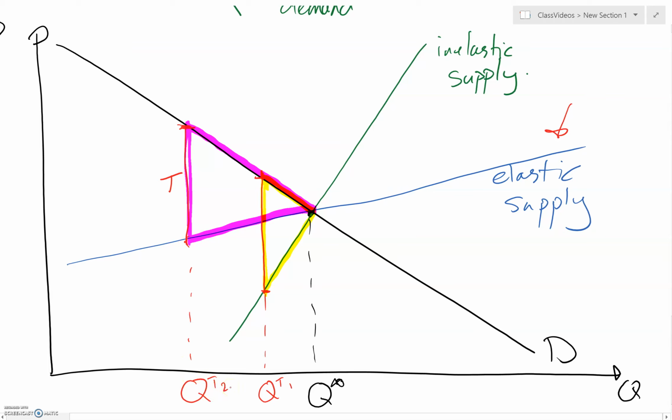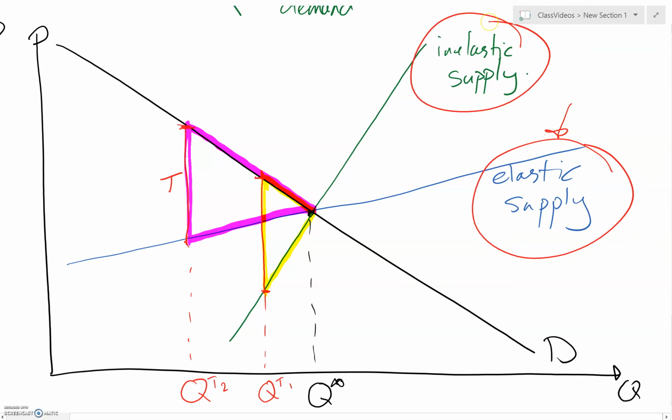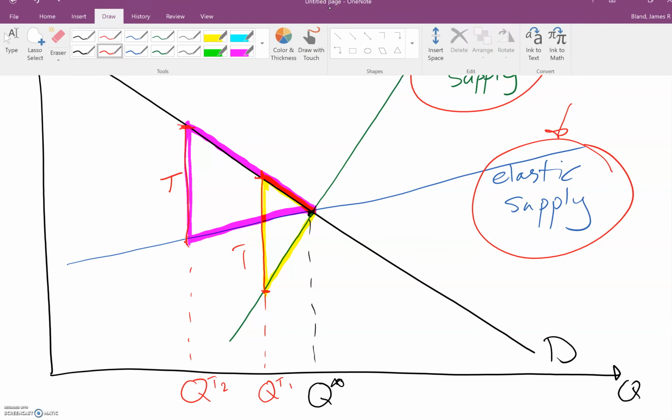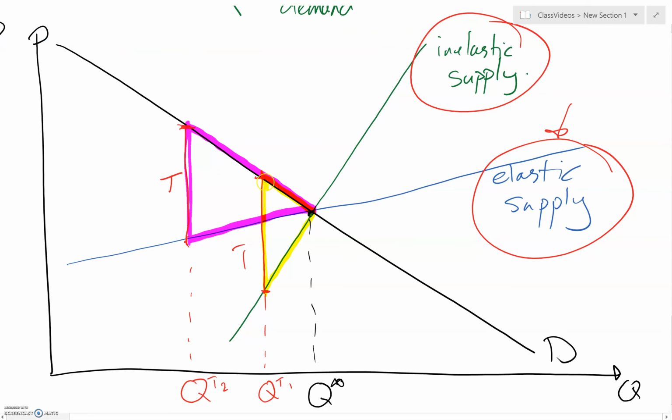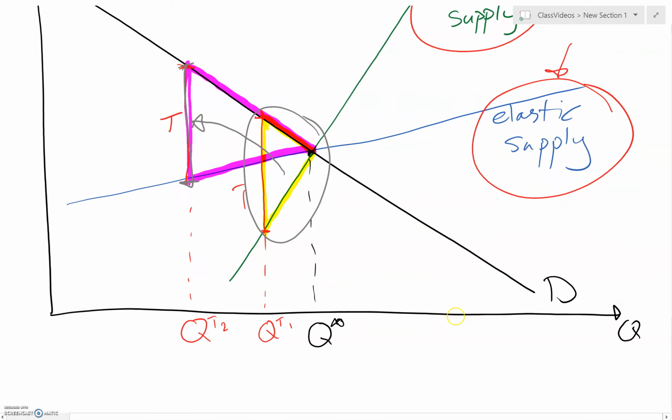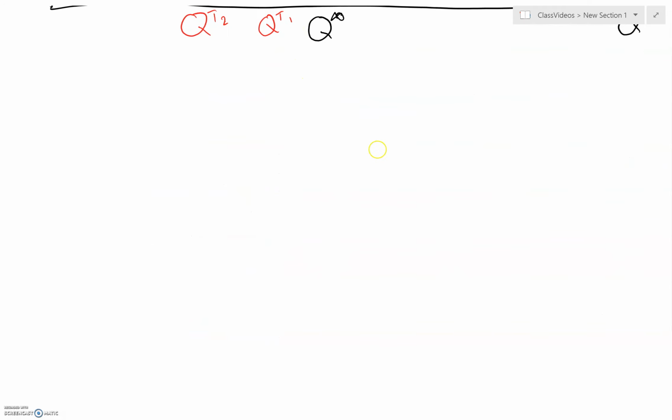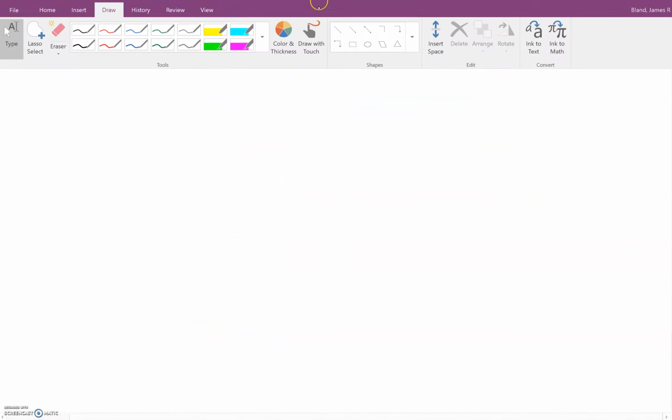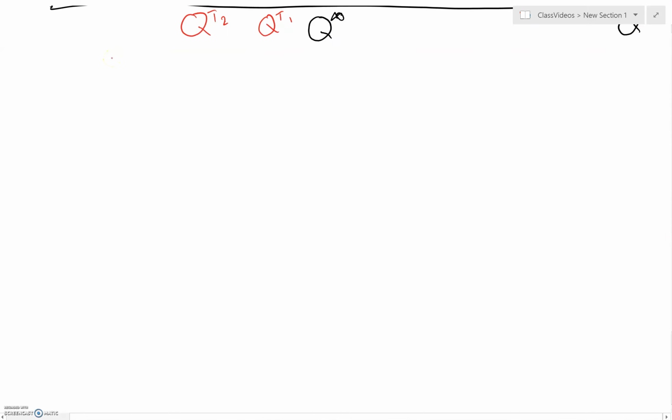Okay. So now we're going to ask which one of these triangles is bigger? Is it the one with the elastic supply or the inelastic supply? And again, to do this, what I'm going to do is take this triangle and translate it so that the vertical lines, which are the same height, line up with each other. Okay, so let's go over here again. Try and draw those out. Okay, so to start off with,